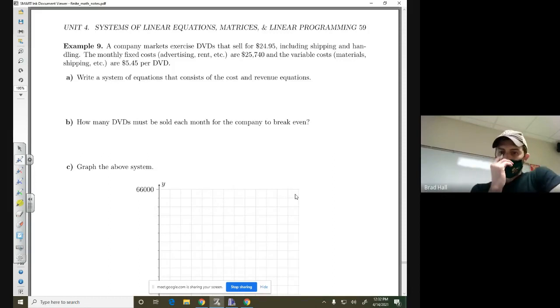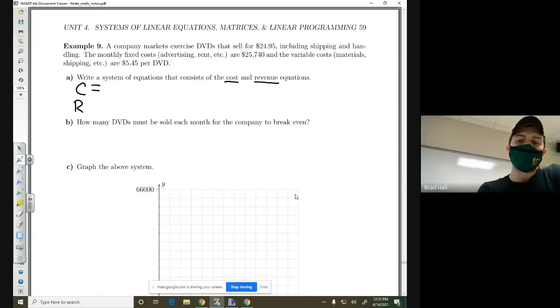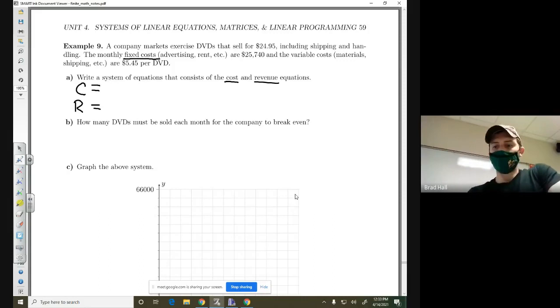For the cost equation I'll use a C instead of a Y, and for the revenue equation, I'll use a capital R. Now, it does say for the cost that there's fixed cost of $25,740, fixed implying that,